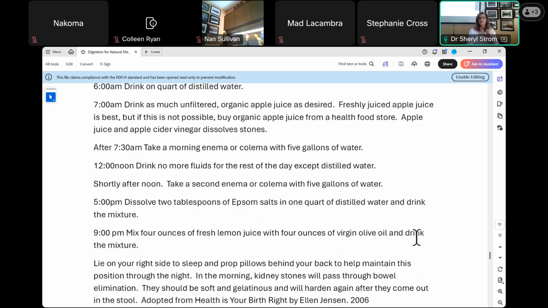Does everybody know what a Kalima is? Okay, so a Kalima is using a slant board in the opposite direction. So those of you who are medical, it's Trendelenburg. So your head is down here. But you don't want to go in full Trendelenburg, right? So you probably want to go about a 45-degree angle.